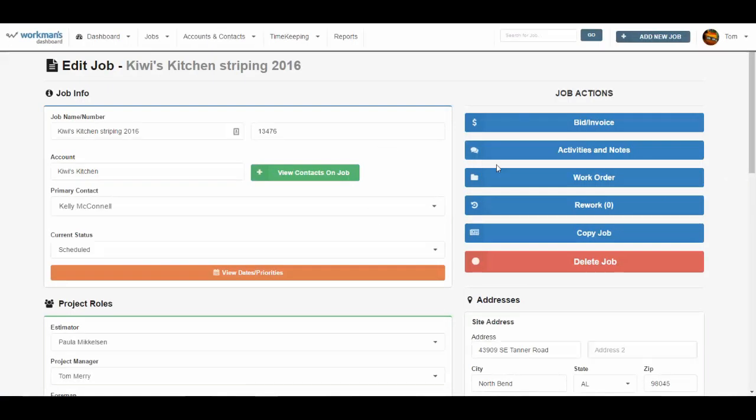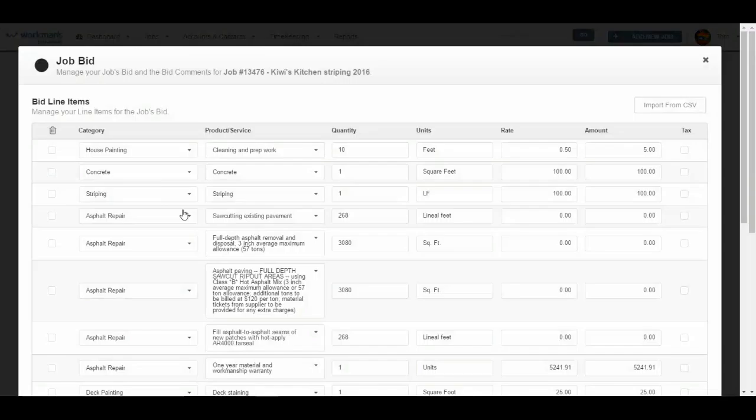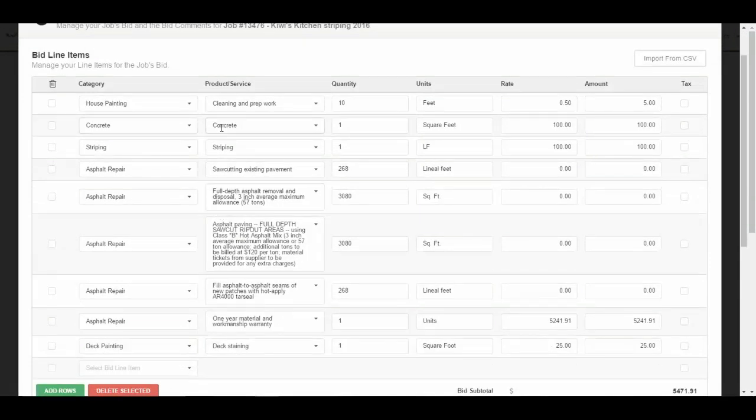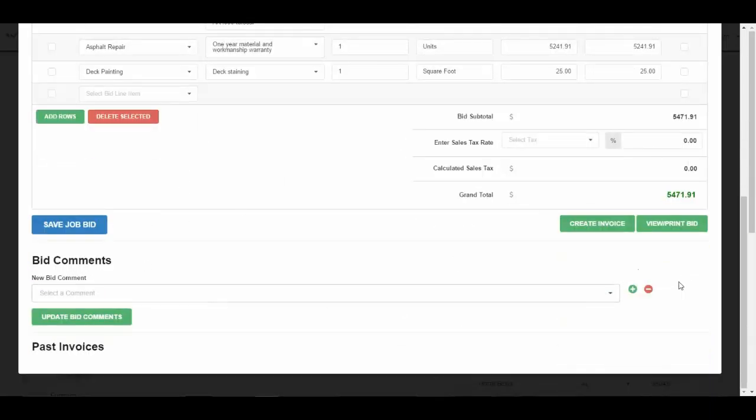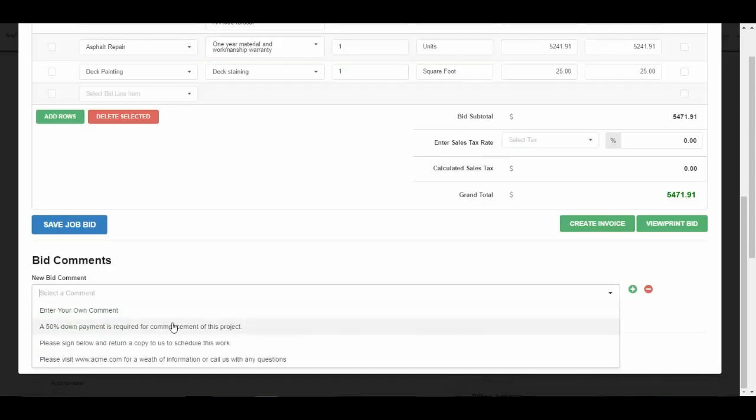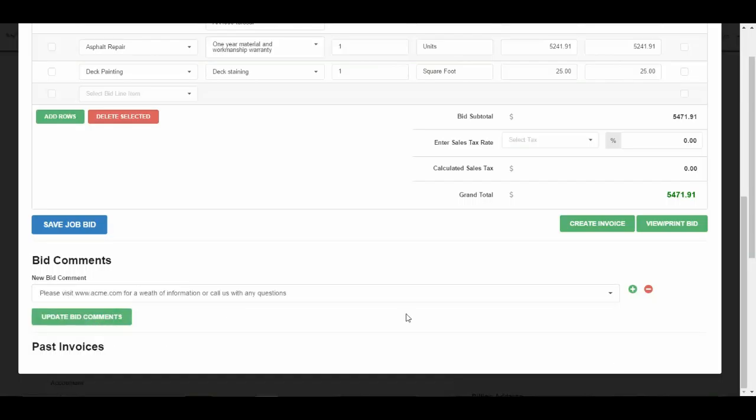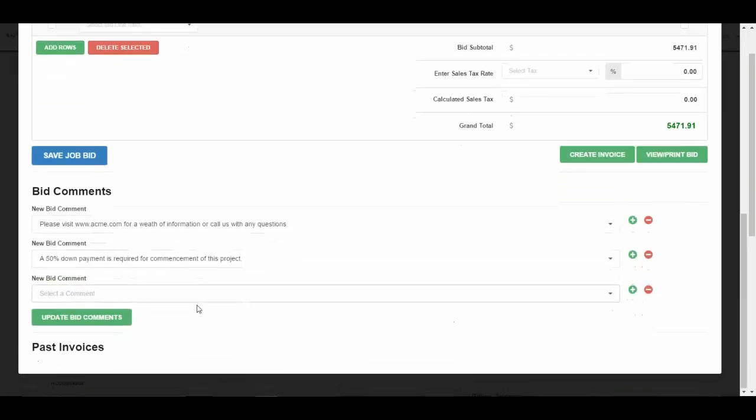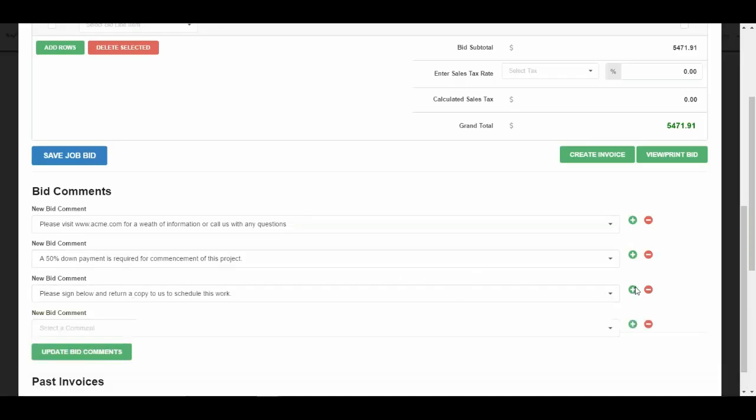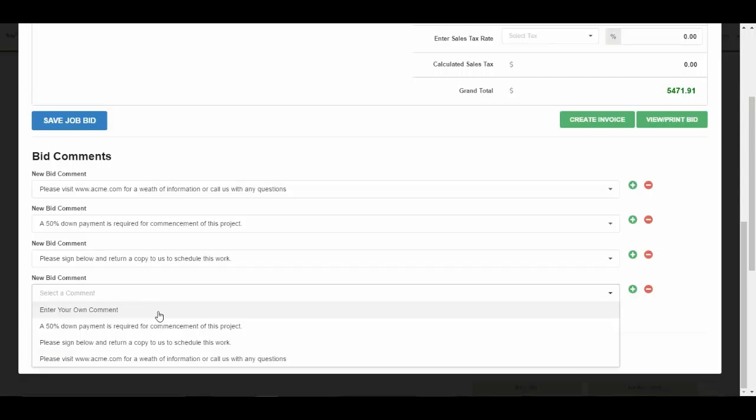So once you're on the job, you click the bid invoice, which is where it's going to have all the nuts and bolts related to the scope of work and the pricing of the job. And down below that is your bid comments area. So if you click under new bid comment, you click this drop down, it's going to show you the standard descriptions that you set up in the admin panel for your users to pull from. So I can click that one. I'm going to add a line, and I'm going to say 50% down payments required, add another line, and say please sign below. Now I can also enter my own, so you click enter your own, and then you can just freeform